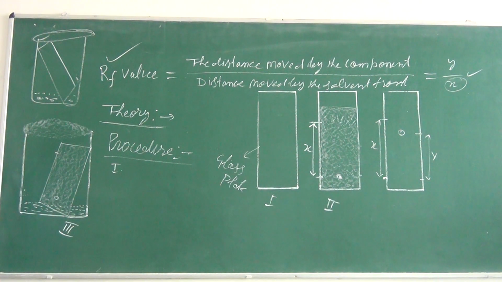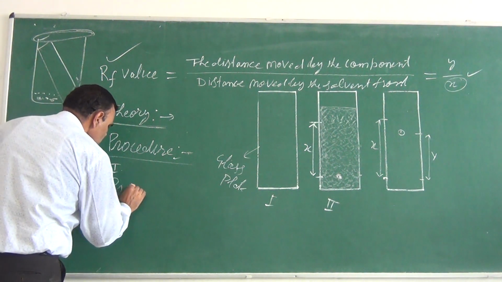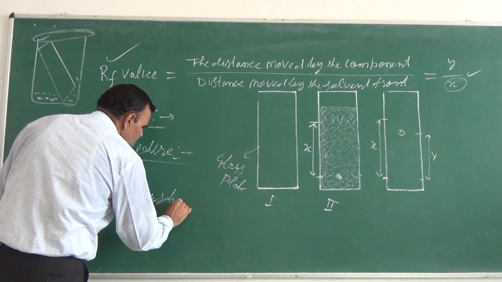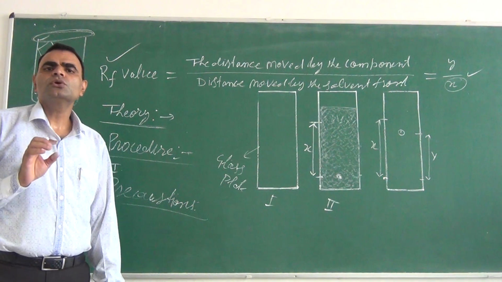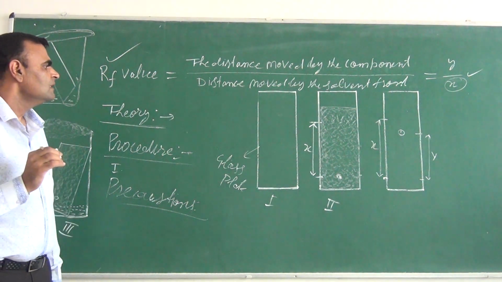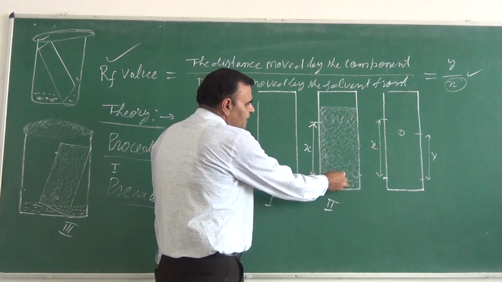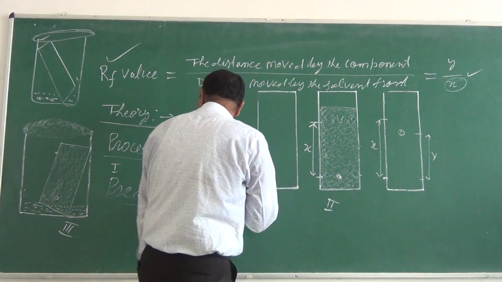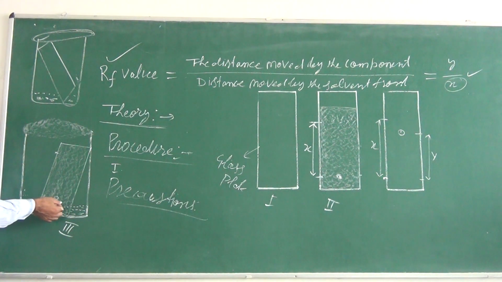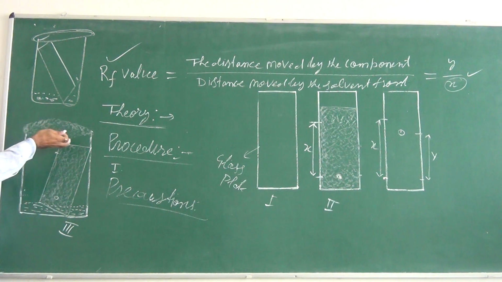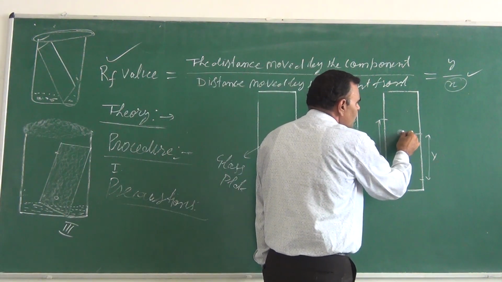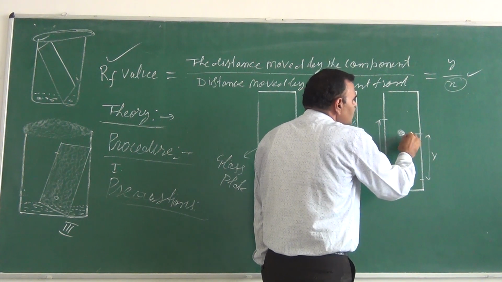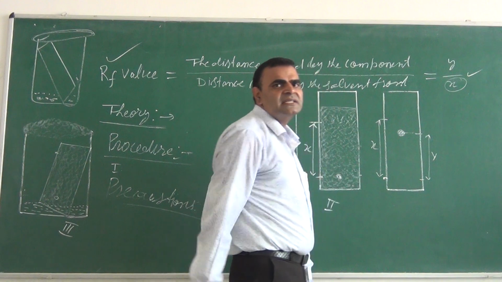Then we have to take some precautions. First of all, we have to prepare the slurry. It should not have any lumps. Then take care that this marked point should not dip into the solvent. If it dips into the solvent, it will dissolve and move up. And take the center of this mark. Suppose this spot is a spread one, then take the center of it as the distance.